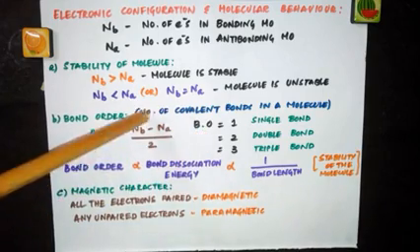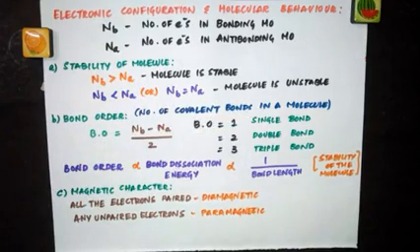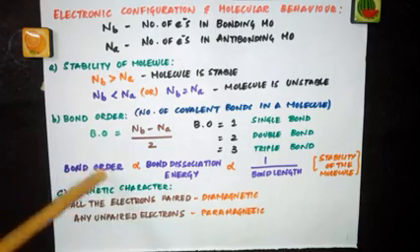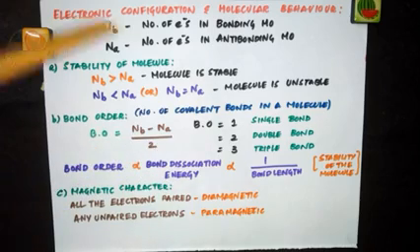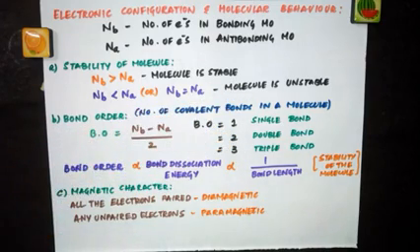Bond order is represented like this, and it tells you the type of covalent bond in that molecule. If it is 1, single bond; 2, double bond; 3, triple bond. And you have to remember one thing which we have already known. Bond order is proportional to bond dissociation energy. When bond order is more, you need more energy to break that bond. Because when bond order is 1, you have a single bond, and when bond order is 2, a double bond. Which bond needs more energy to be broken? Double bond. So when the bond order increases, bond dissociation energy increases.